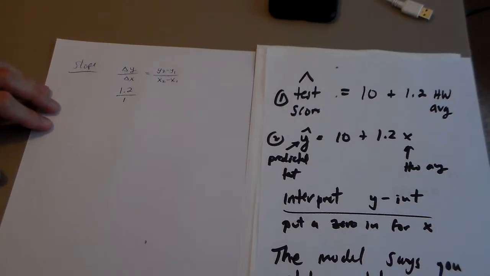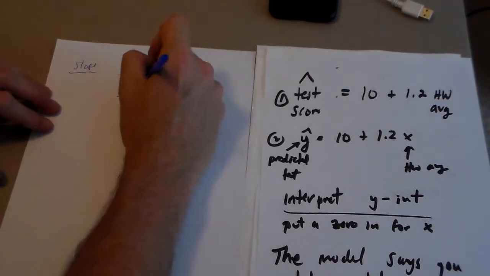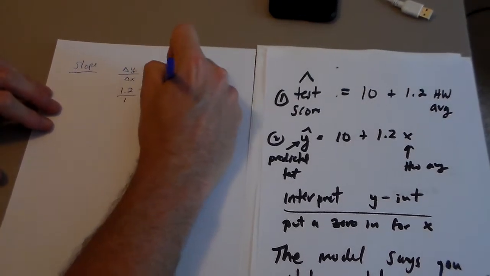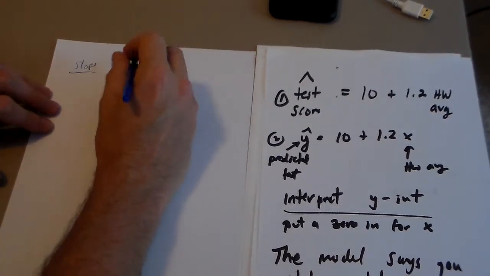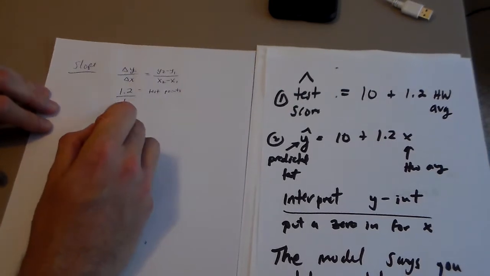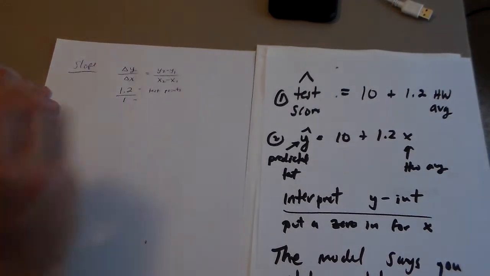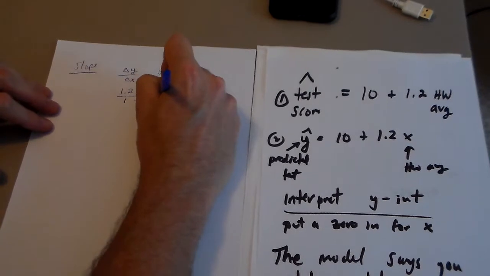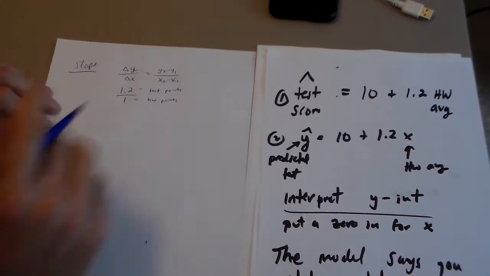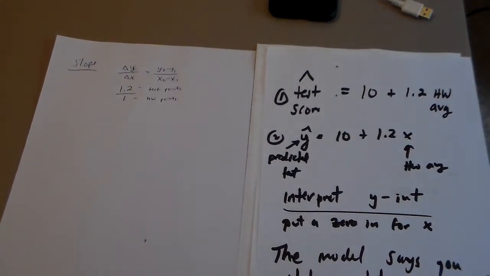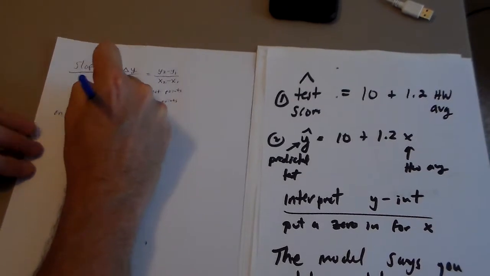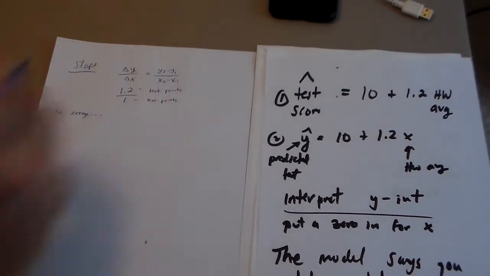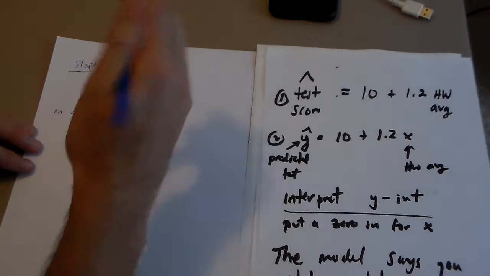Well, what is it really, though? What's the context? So it's 1.2 test points, because that's your y, right? Your y over your x, and what's x? X is homework points. Just so we can get an idea on this stuff. Okay, so we would say on average, when you think about this situation,